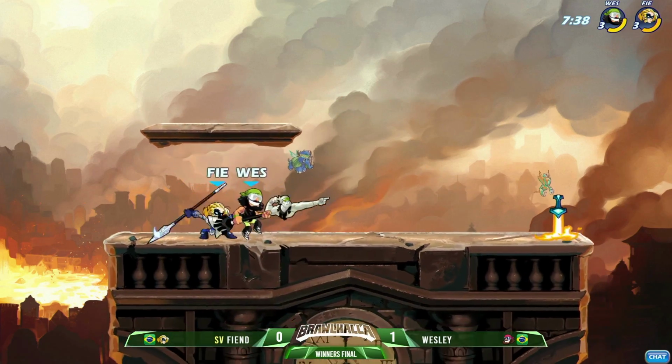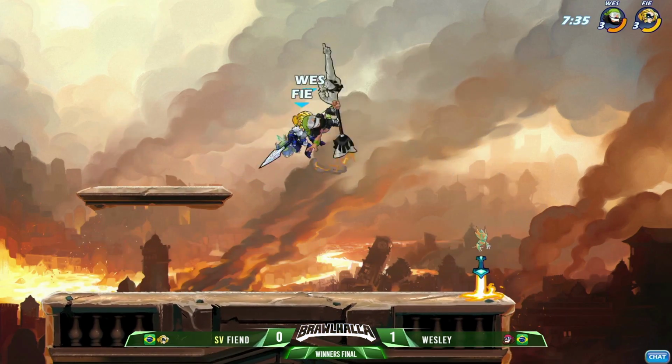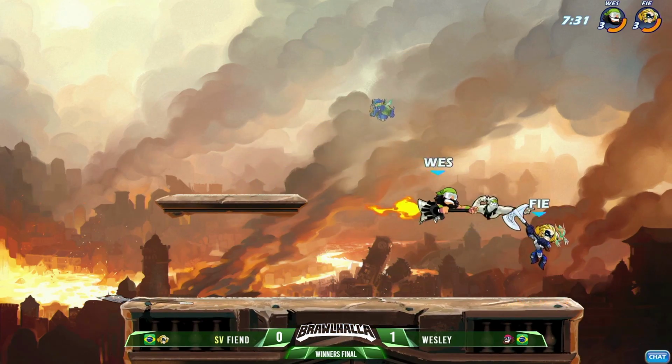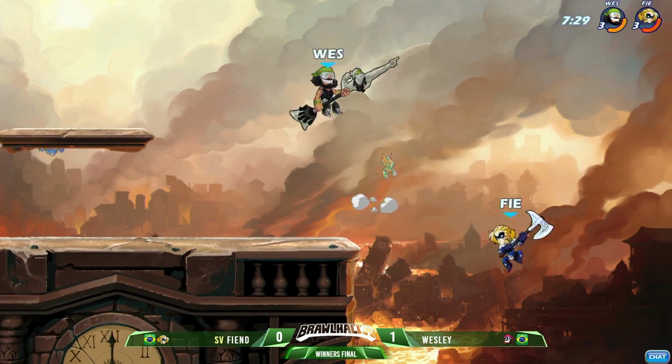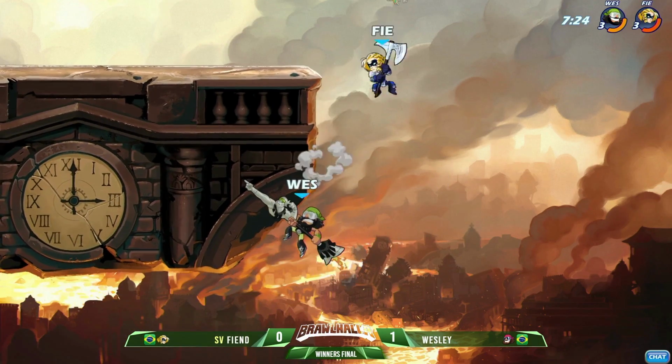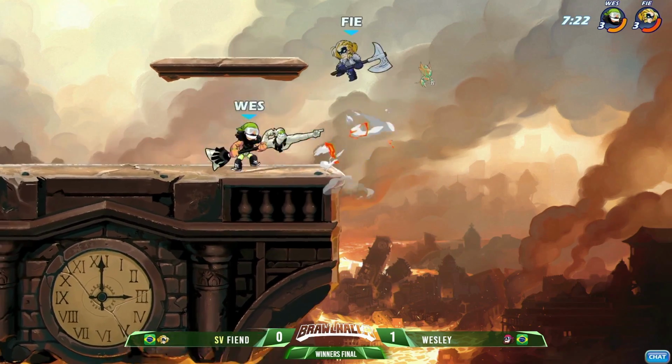Wow, I can't believe that recovery actually hit Fiend before he was able to pogo, but he's making great use of that down signature on Bryn. Meanwhile, Wesley doing a fantastic job going for those sidelight nairs. Kind of continue this juggling on top of Fiend. Throws out the ground pound, a risky play. Fiend does not connect with the down air. Wesley's going to